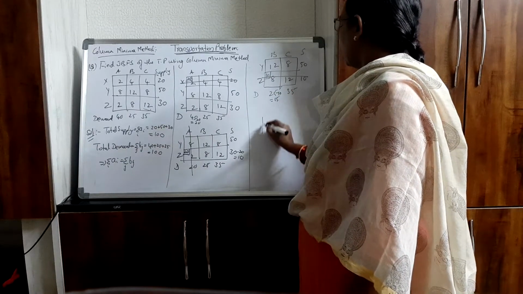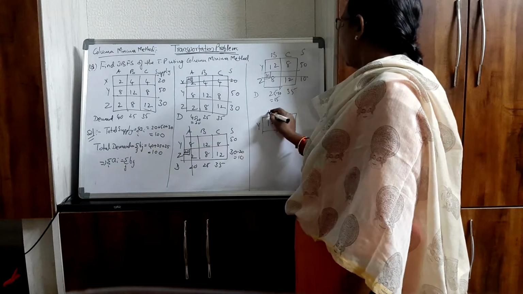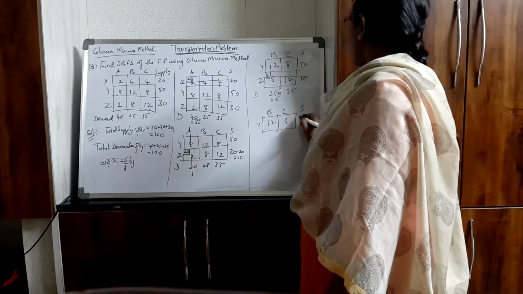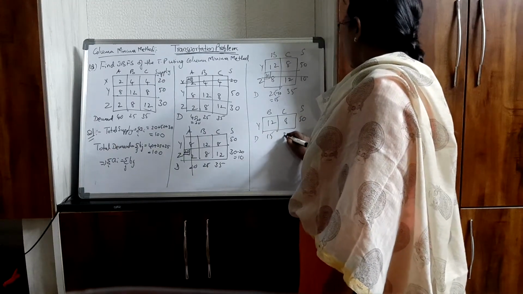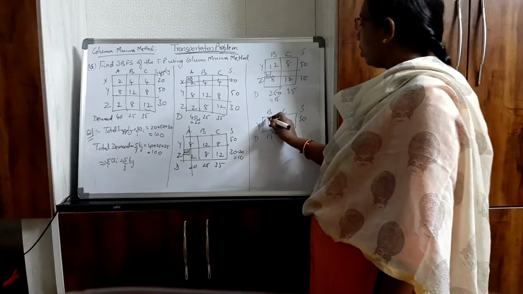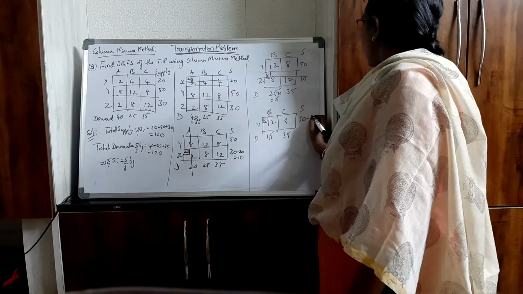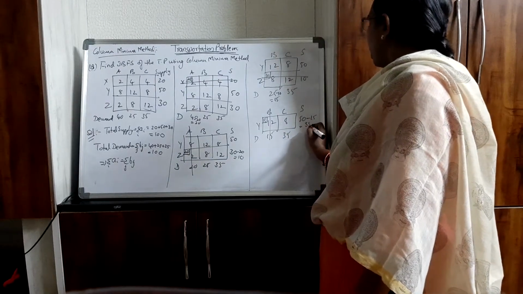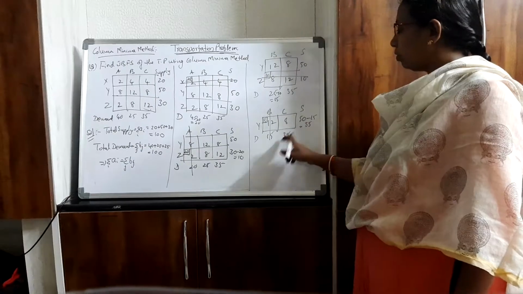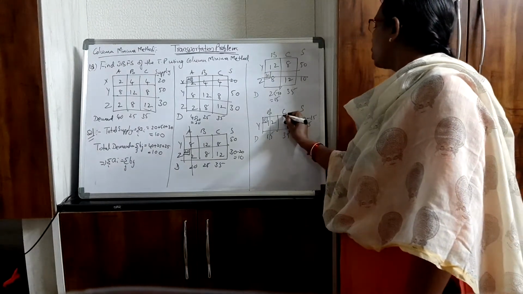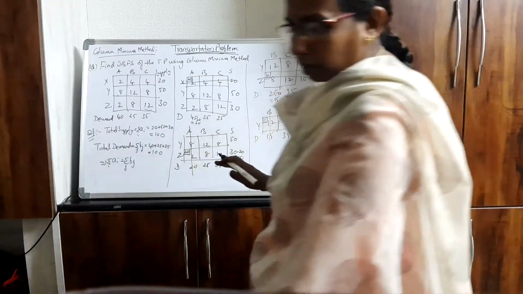Now what is left here? You have 12 and 8. This is Y, this is B and this is C. Supply is 50. Demand is 15 and 35. In the first column you have only one value, so I will allocate 15. So this will get exhausted. 50 minus 15 is 35. So one cell is left, 8, and you have the same values of demand and supply, 35 and 35. So here I will allocate 35. Now all the values are allocated.